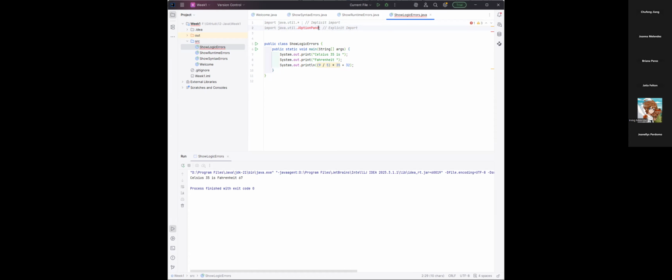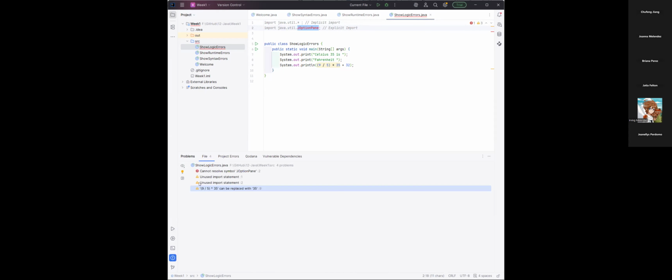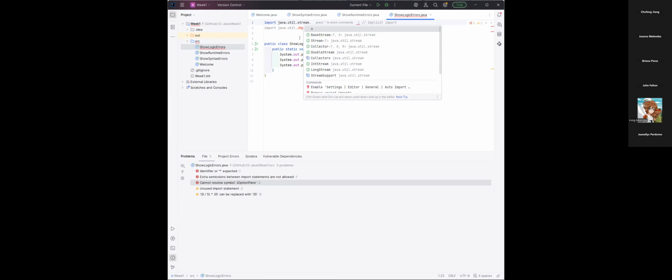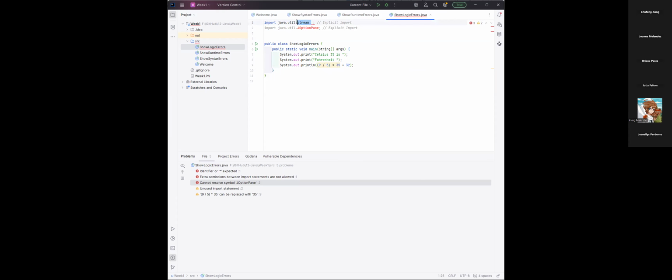However, it seems that in my local files, I don't have such a package. It says cannot resolve. I don't know why. It means maybe the JDK is not compatible, but it's fine. But for some other utilities, let's see. Like I can import some streams. This is the explicit import. I will correct the